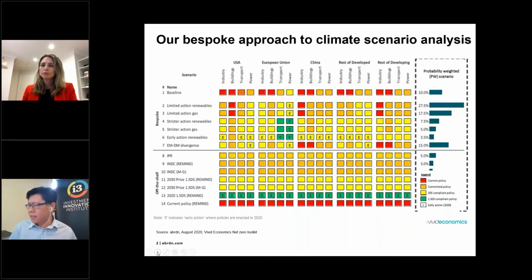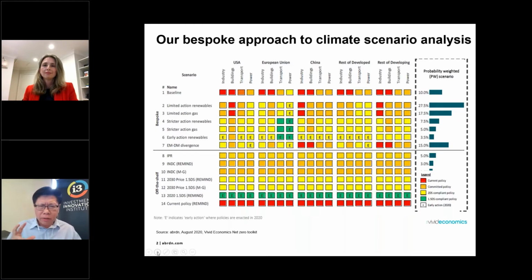Yeah, I think that's a really good point, because I've seen other models out there that are overly simplistic. They talk about Paris orderly transition, or delayed, disorderly transition, or failed transition. Now, these are, as you pointed out, sort of tail risk type events, but there's a whole spectrum in the middle of different variables that are more meaningful, because we're talking about the impact on stock prices as well at the end of the day. That's why we're going through this exercise.